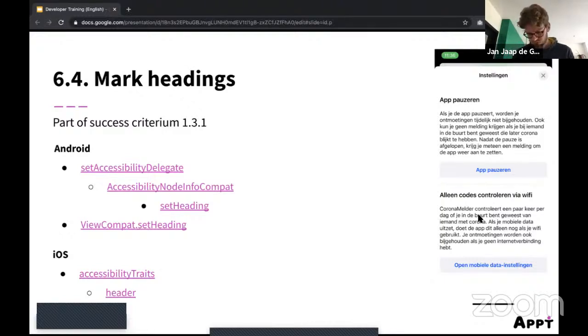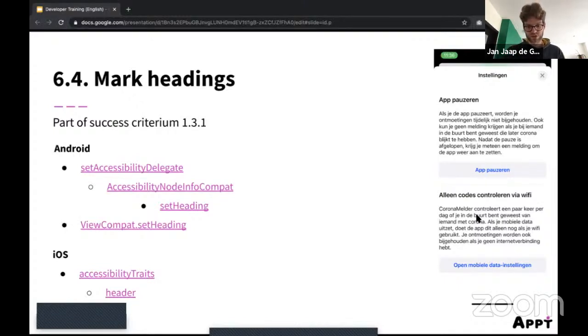And a lot of times it goes wrong in apps, because on websites, you have H1 tag, H2 tag, H3 tag. So it's already marked. Like the markup of HTML is already clear, because it's heading 1, heading 2, heading 3. But on Android and iOS, we don't have this element.